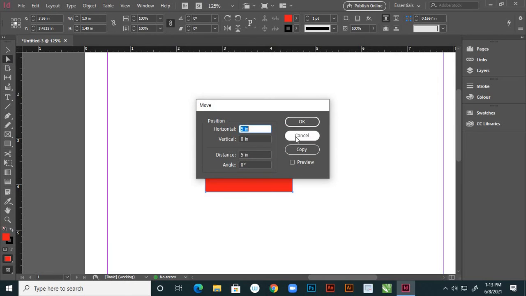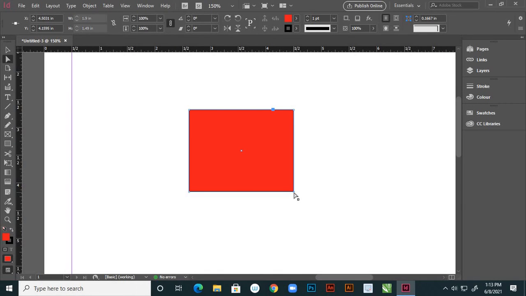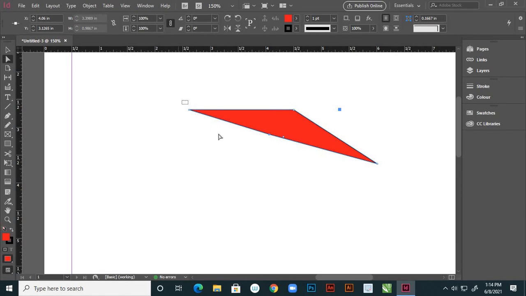And here for the second tool, the direct selection tool, the shortcut is A. See, by selecting an individual anchor point, select that individual point and drag, and you can edit this shape, same like in Illustrator.